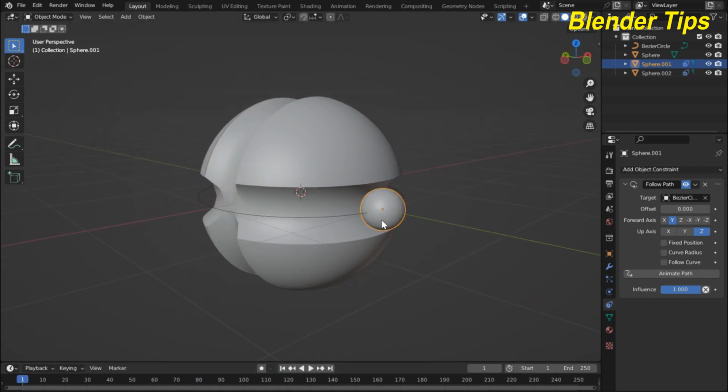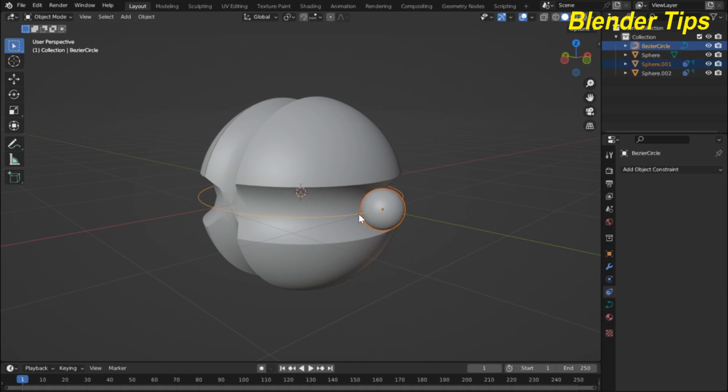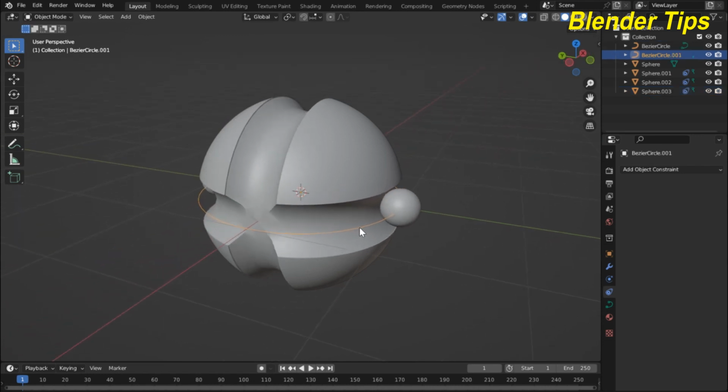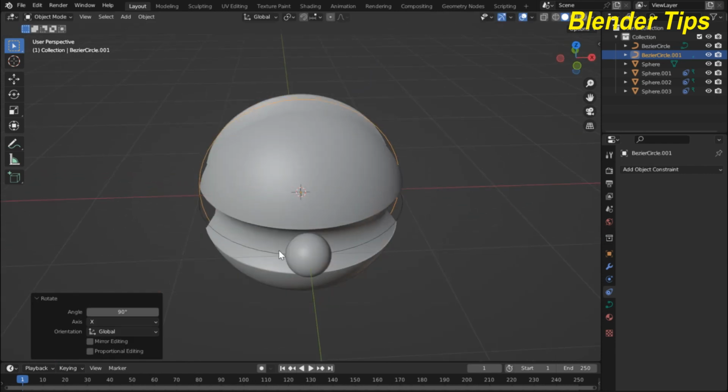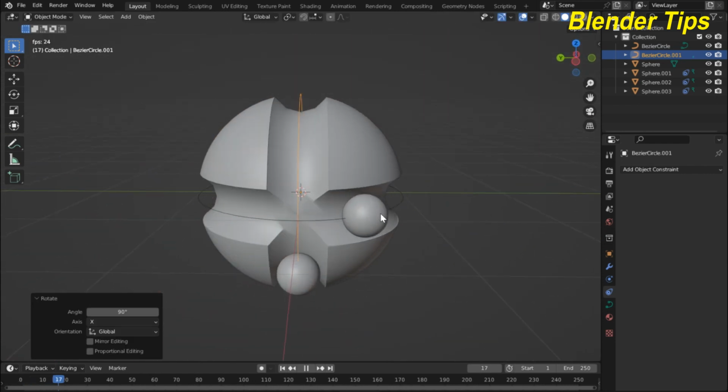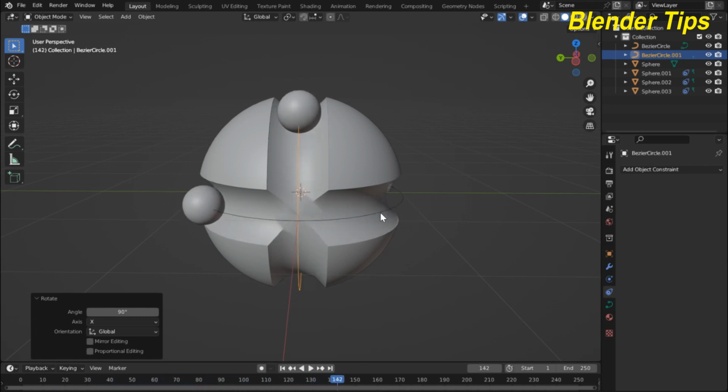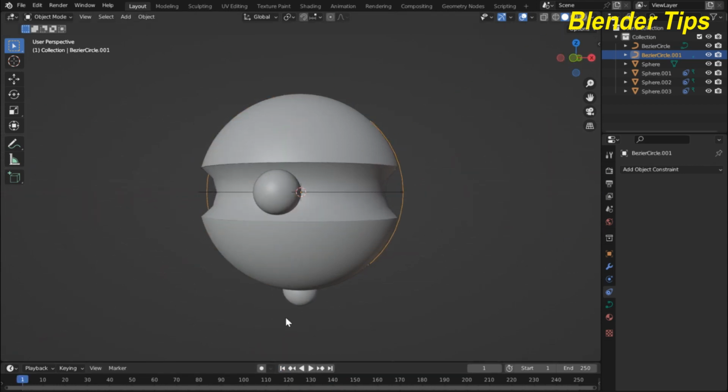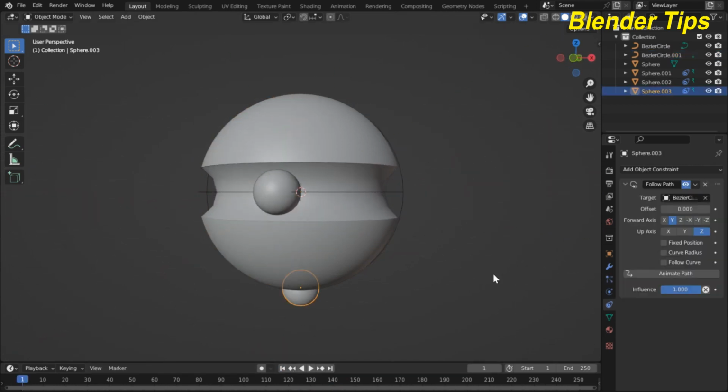Now select these and Shift D to duplicate, and then only select this circle and rotate this circle along the x-axis to 90 degrees, and here you can see the movements of the spheres in their paths. Nice. Now I add some offset to this, and here I add